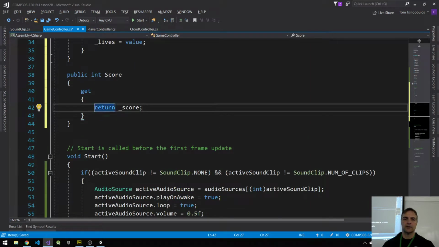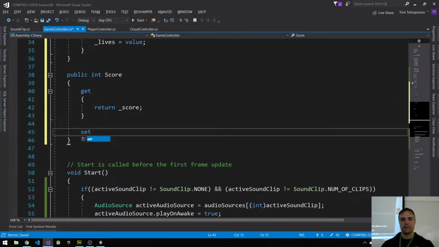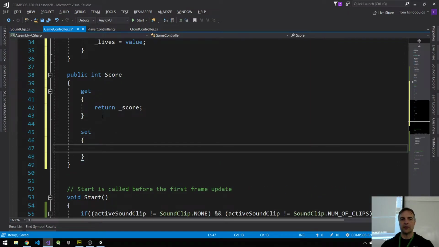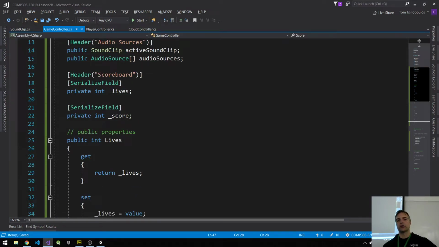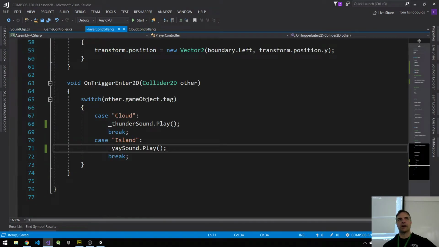But the setter is where all the magic's going to happen later on. _score equals value. There we go. So we've got a way of setting the score and a way of setting the lives, but we're only going to show lives and score here. So now that we've set this up in Game Controller, in my player controller,